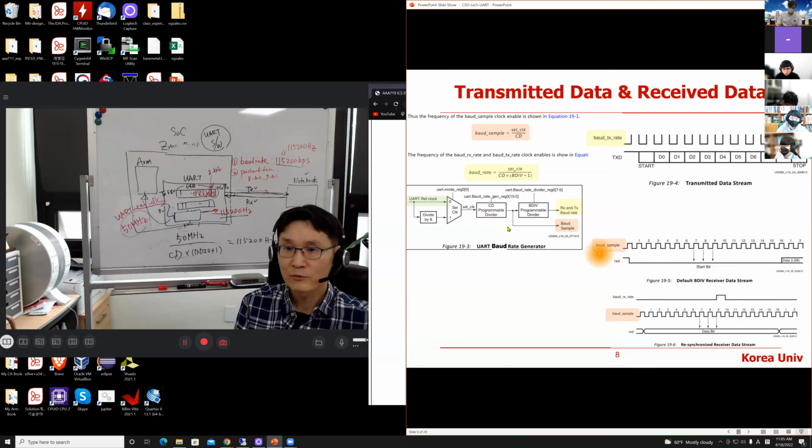Okay, so UART reference, same slide. From the UART reference, you determine the baud rate, the communication speed. And what is that baud sample, right? You are tapping this line, you are tapping this line. So that clock